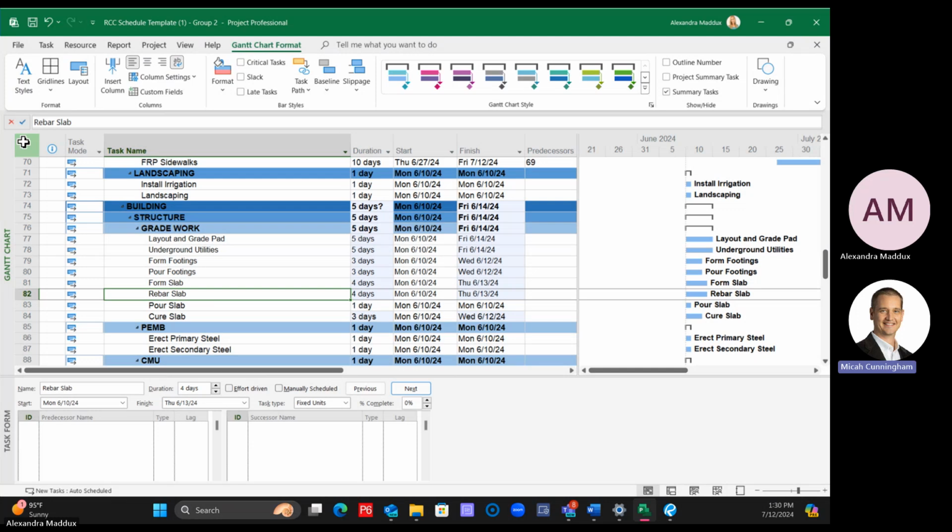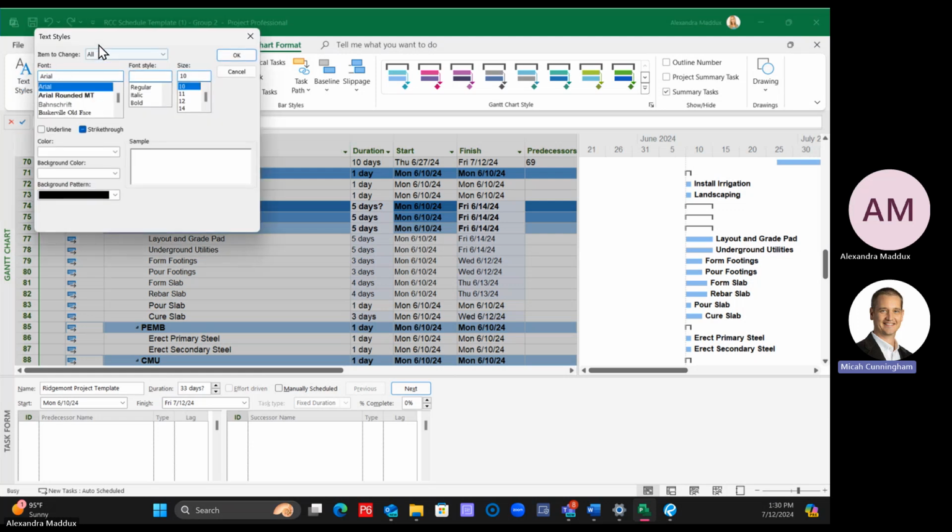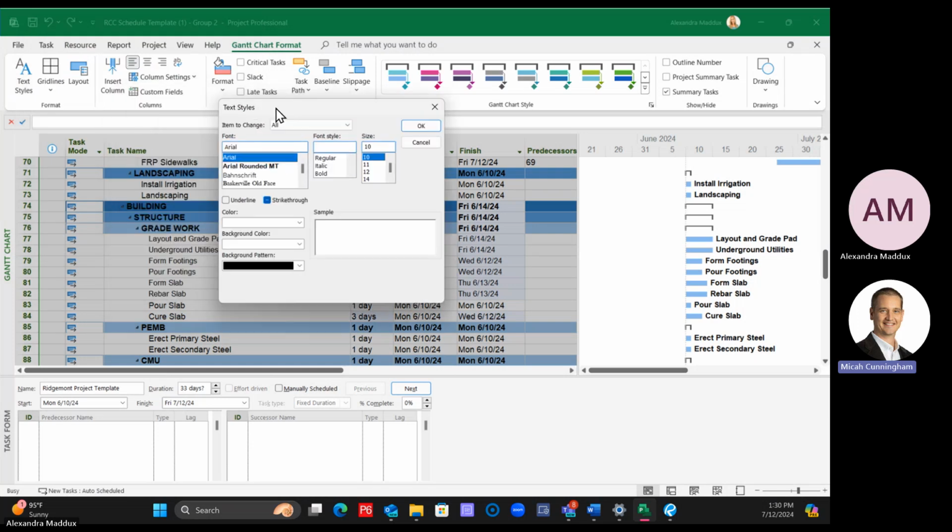So I'm going to click on the whole thing. And then, sorry. I'm going to click to highlight the whole thing. And then I'm going to click text styles. And then, do you guys get this now? Okay. So then I have Arial size 10 and apply to all. Okay. And then when I say OK,